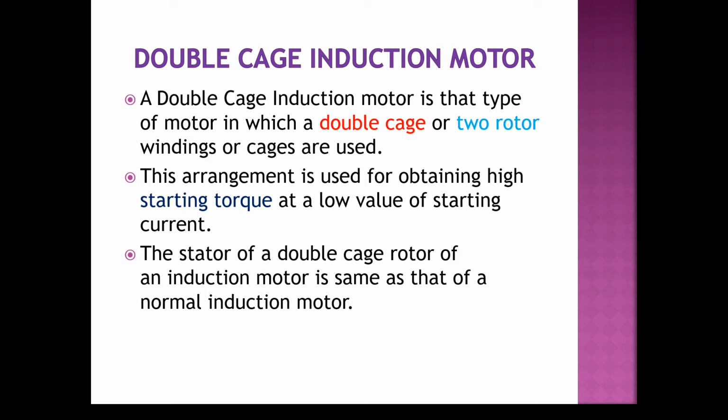As the load increases, speed decreases. But as the speed increases, the frequency of the rotor EMF decreases. At normal operating speed, the leakage reactances, that is 2 pi s f L, of both the windings become small. Now the rotor current flowing in the inner cage will be more because the resistance of the inner cage is small, and the outer cage resistance will be 5 to 6 times the inner cage resistance.